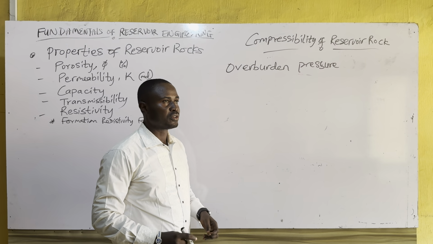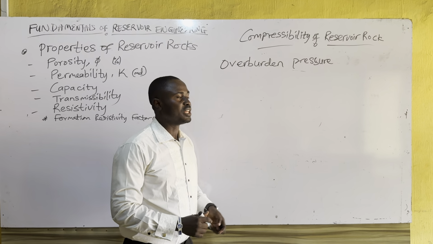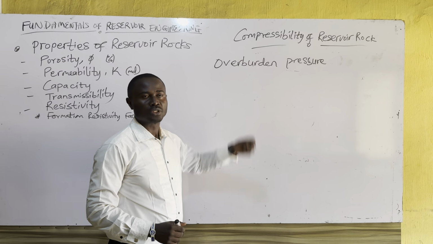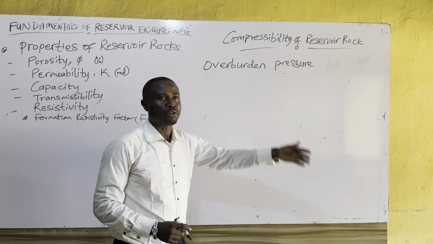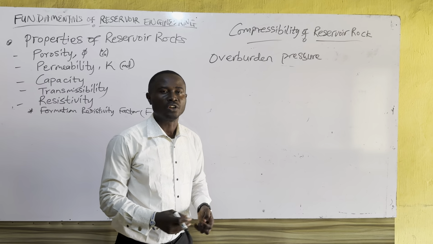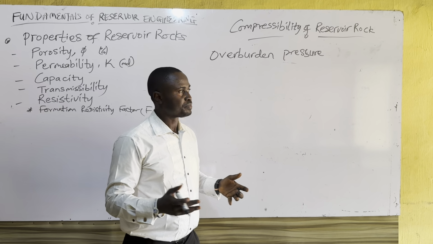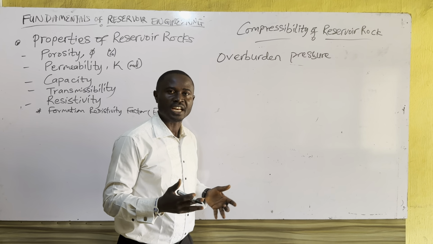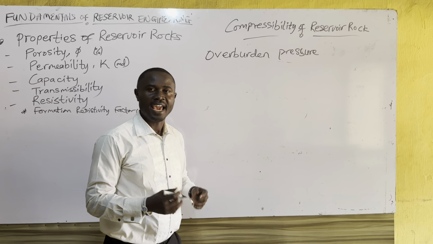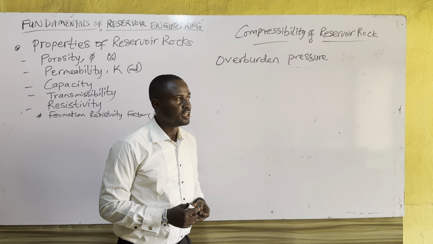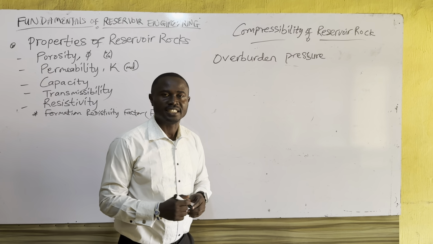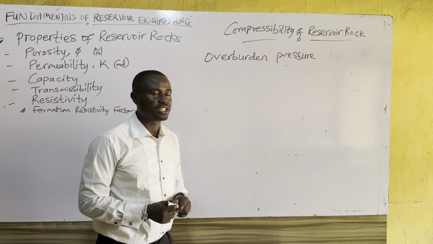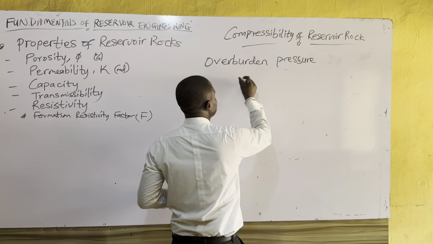This overburden pressure contributes a lot to the external force or external pressure on the reservoir, and we need to determine it. The overburden pressure depends on the nature of the rock. It also depends on the depth of the formation where we find our reservoir, and also on the age of that particular rock. But among all these, the most salient is the depth of our reservoir rock. Now, if the reservoir rock is found at a depth of, let's say, 10,000 feet,